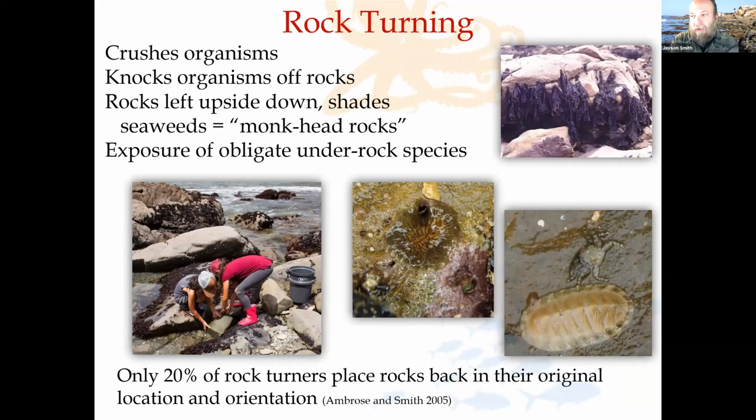Some people like to turn over rocks and look for things that are underneath the rocks. There's actually a lot of really cool animals underneath the rocks, but turning over rocks does have a negative impact. You can crush organisms as you're turning over those rocks. You can knock organisms off the rocks and potentially cause them to die. About 20% of the time,